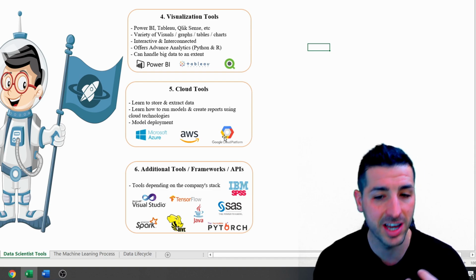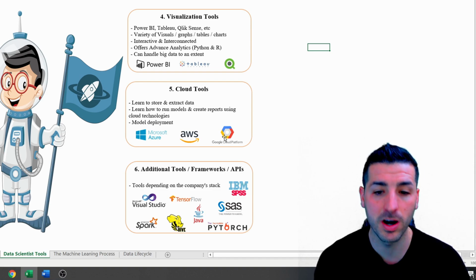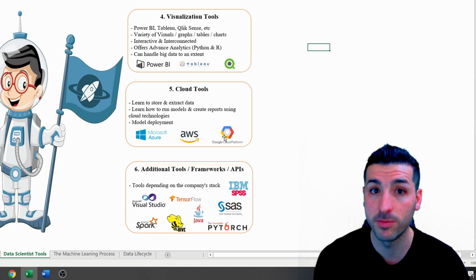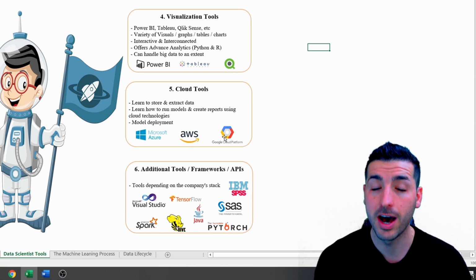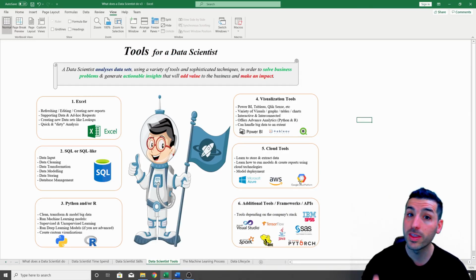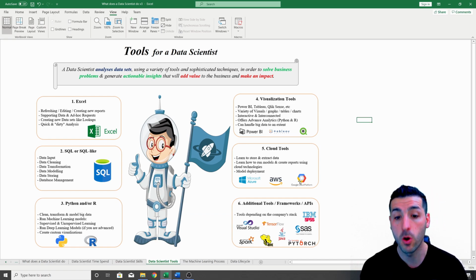So as a data scientist now, you will have to know how to access that data, how to store data, how to navigate yourself through these tools, how to extract data, how to run models on the cloud, which is actually different versus running models on-prem in your Anaconda environment,